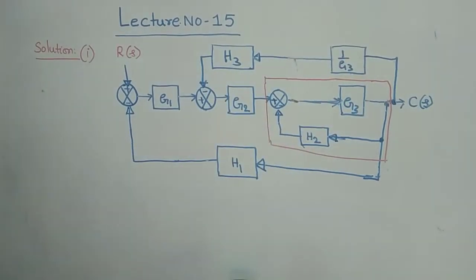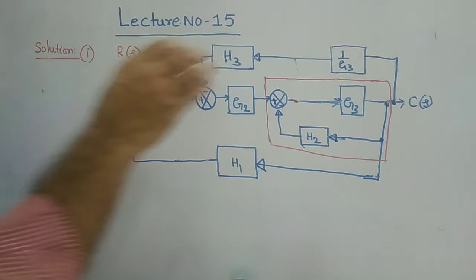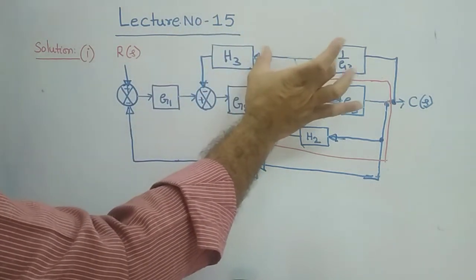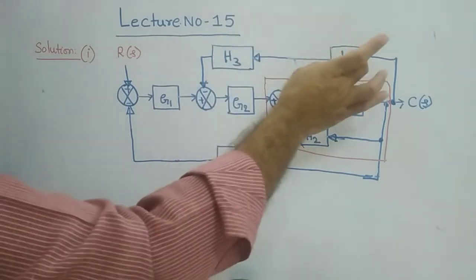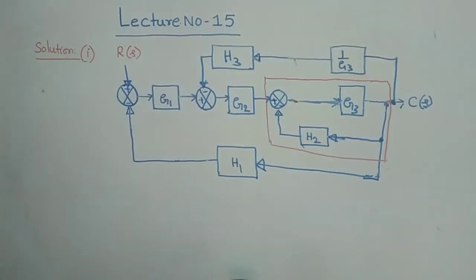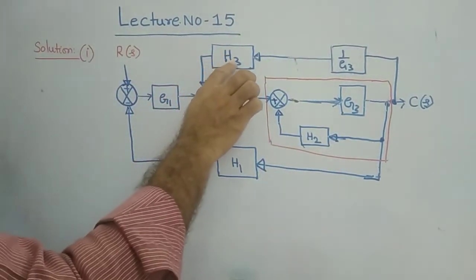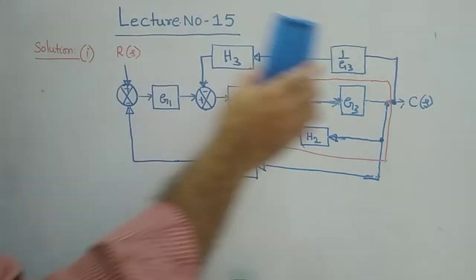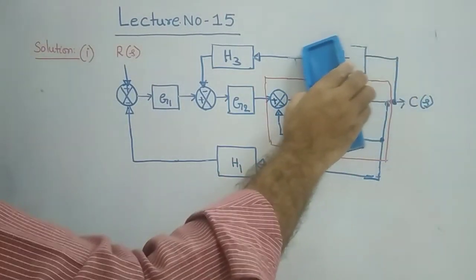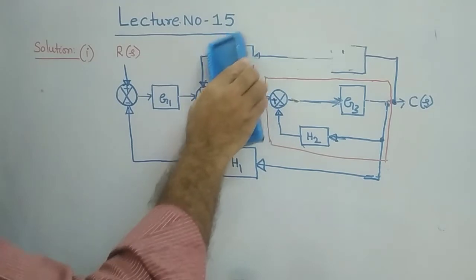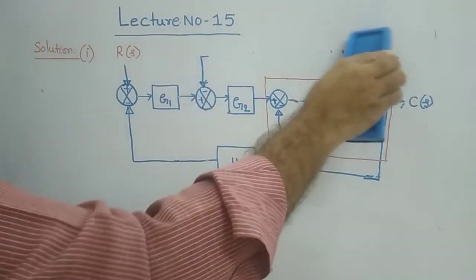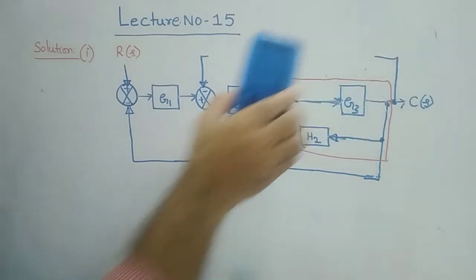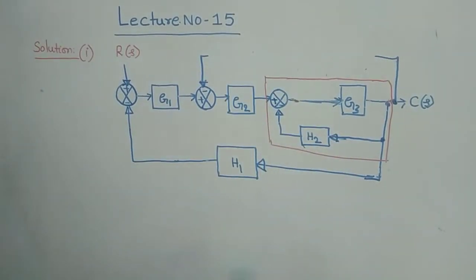Therefore, in the next step, what can we do? Simply these two will be minimized. These are individual blocks: this is one block, this is one block. So you can represent them as a single block H3 into 1 by G3, therefore H3 by G3. That's all. Instead of writing two blocks, in only one block I am going to